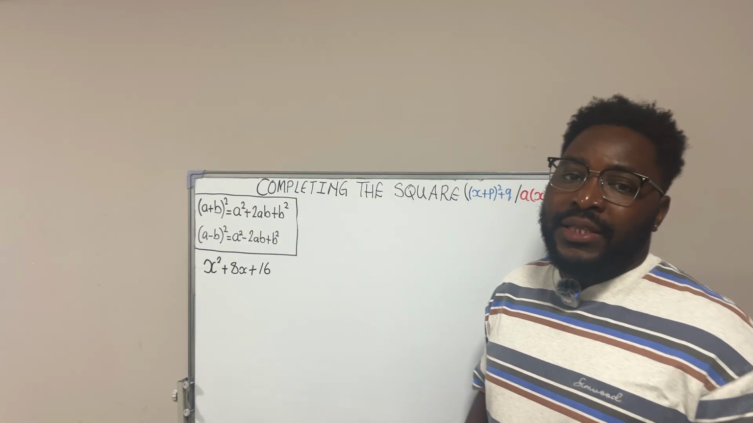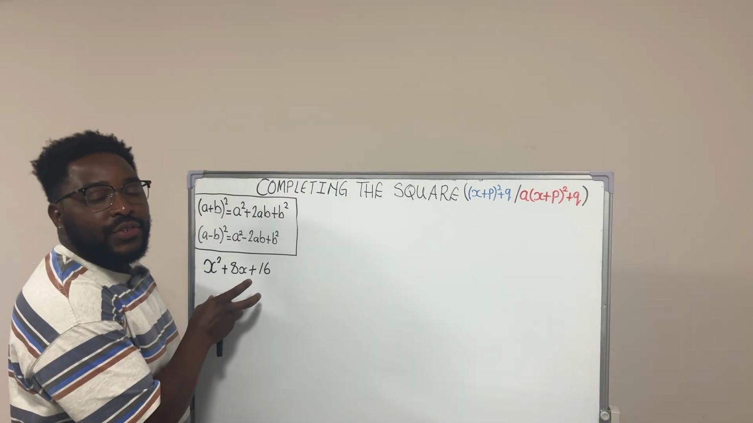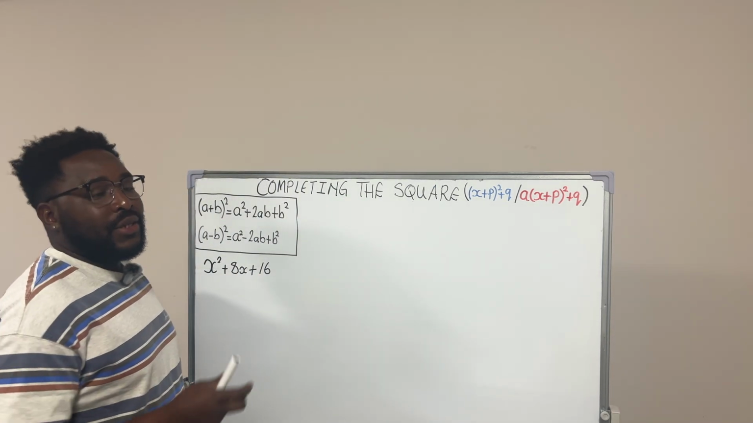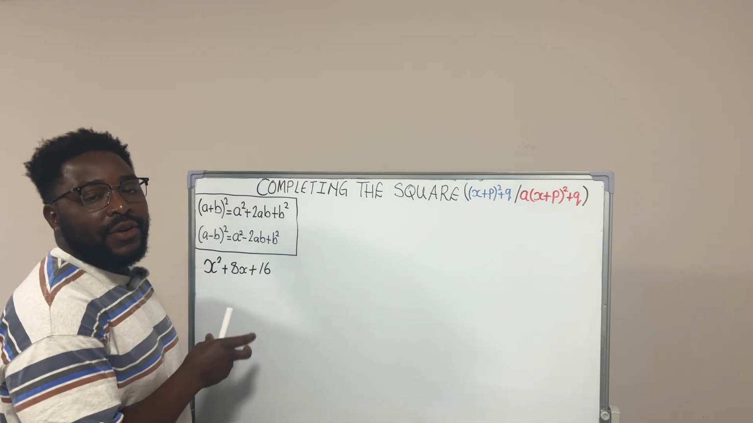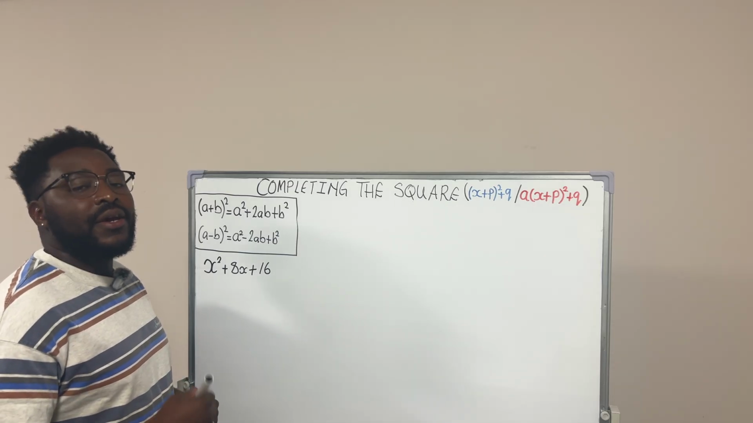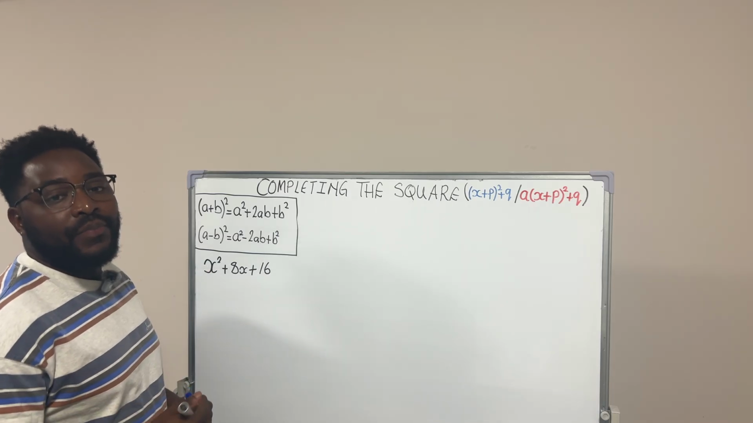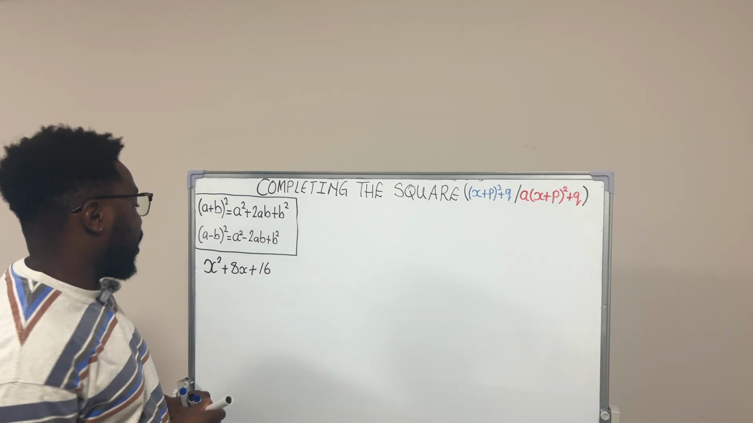Now let us begin this lesson by looking at this quadratic trinomial over here. Let us try to recognize if it is a perfect square trinomial, and if it is a perfect square trinomial we can then factorize it into a squared binomial. Yes, so let's do that. Okay, so now,